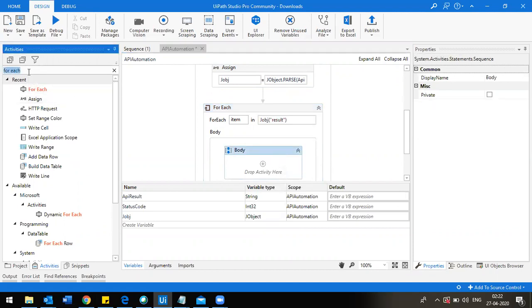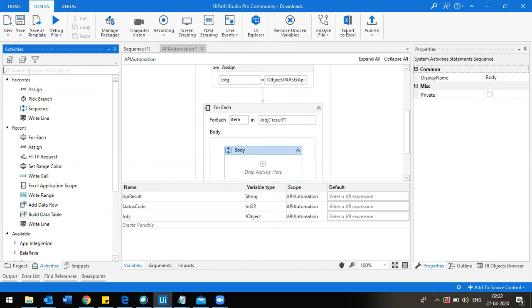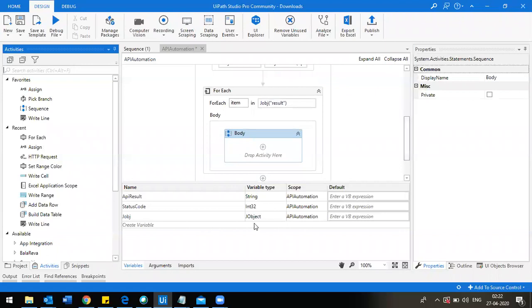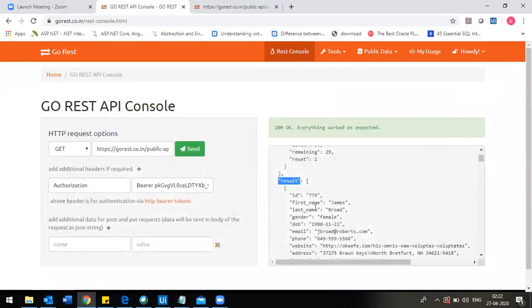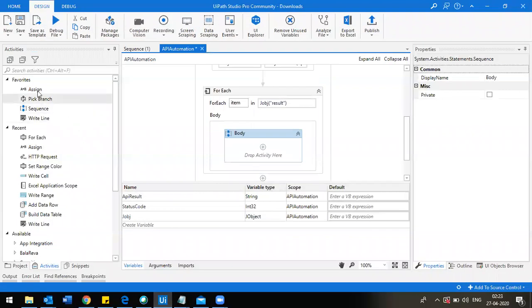Next step is we want to collect the ID, first name, last name, gender, date of birth, and so on. So let's focus on the ID part.